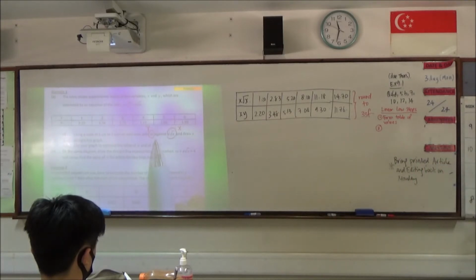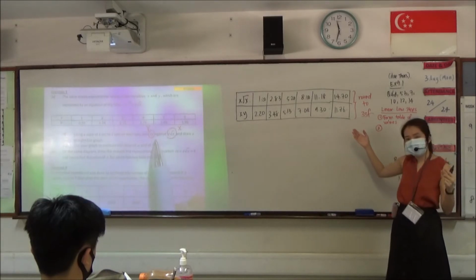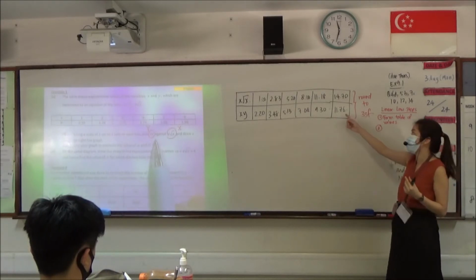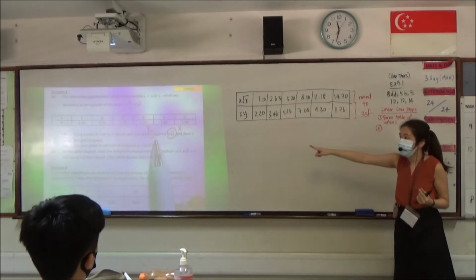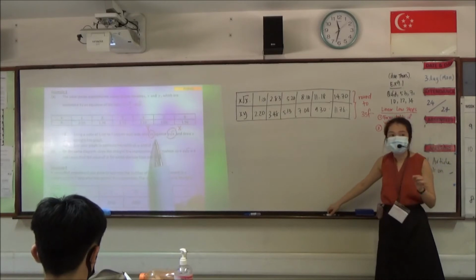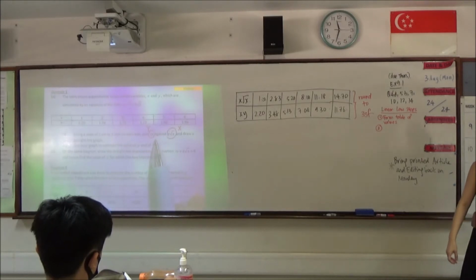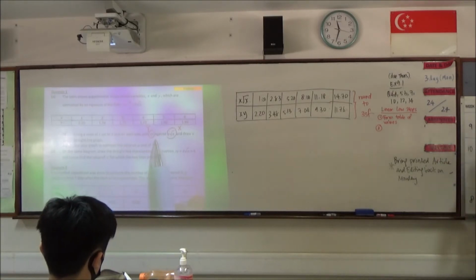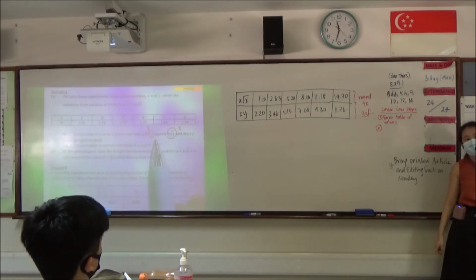Because eventually, there are some plot points that we cannot plot to that accuracy. For example, 11.76. Based on half a square, we may not be able to plot all the way to 0.06 accuracy. Now in this question, using a scale of 1 cm to 1 unit, this is very unlike your E-Maths itself. In E-Maths, usually they will tell you the scale to use. There will be some questions in A-Maths where they don't give you the scale, so you need to decide your own scale.